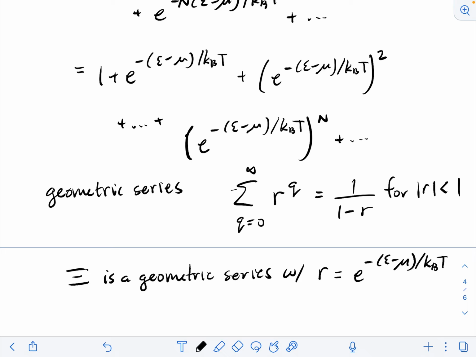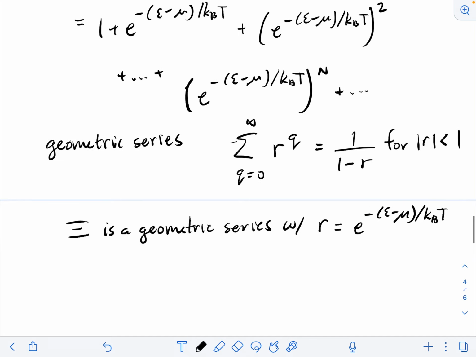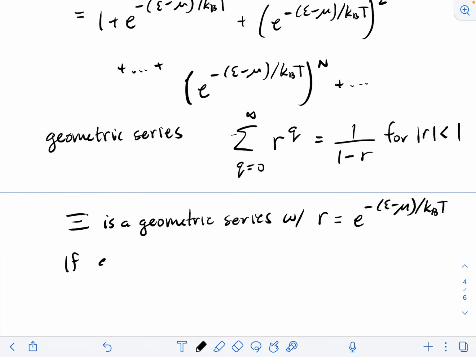Okay, and so long as epsilon minus mu is a positive number, so if epsilon minus mu is positive, then we have e to the minus a positive number. Doesn't matter what temperature is. And so, in other words, we have 1 over e to a positive number. And that's always going to be something less than 1. So if this epsilon minus mu is positive,